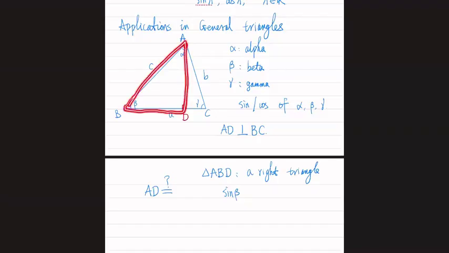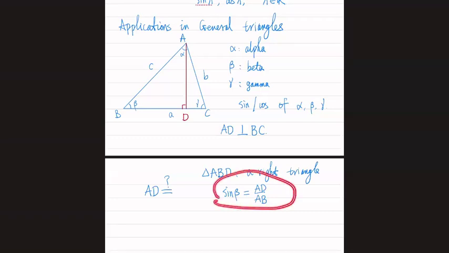Sine beta is AD over AB, I suppose. Yeah, same thing. Now if we multiply both sides by AB, we get the formula for AD. This implies